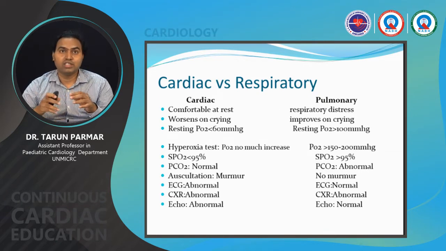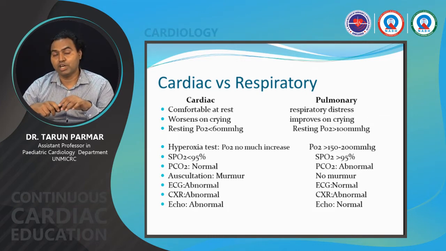So, what are the differentiating features? In the cardiac cause, the patient is comfortable at rest, while in pulmonary, the patient is having respiratory distress. There is an increase in the respiratory rate and intercostal and subcostal indrawing in the chest. Then in cardiac, this worsens on crying, while in pulmonary, it improves on crying. Then resting PO2 is less than 60 millimeter of mercury in the cardiac patient, while in pulmonary, resting PO2 is more